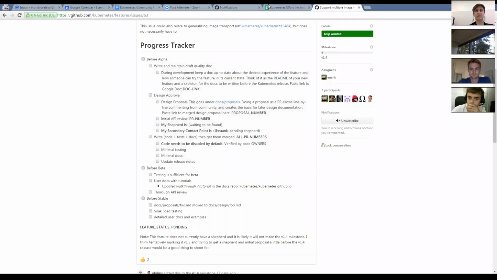So this goes back to making sure that feature owners are pushing and keeping the GitHub issues and work and pull requests that they're doing in the repository updated, and also the progress tracker information updated so that we can get better reporting at these meetings. Yes, yes. I see the note